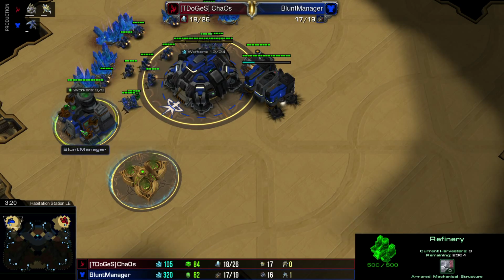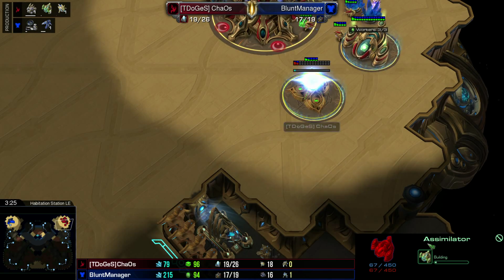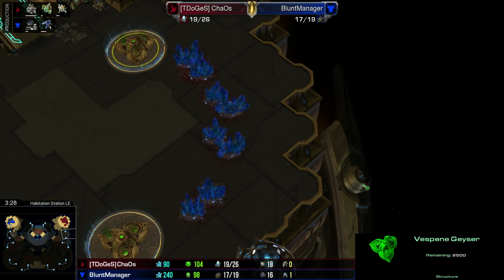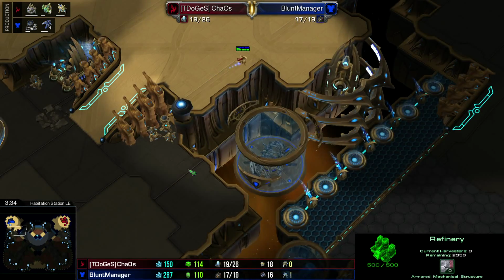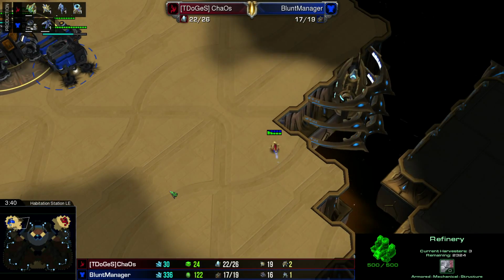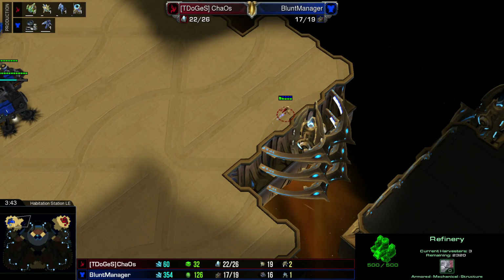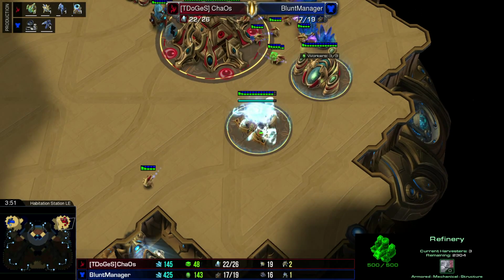I actually got a chance to click on the amount that refinery had, and since most gases have, actually I think all of them have, yeah, they have 2,500. So we went in, we saw that he'd mined about 150 gas worth, which is a little bit odd. Usually when you see a very early gas like that, you're going to be expecting a very fast factory into a very fast